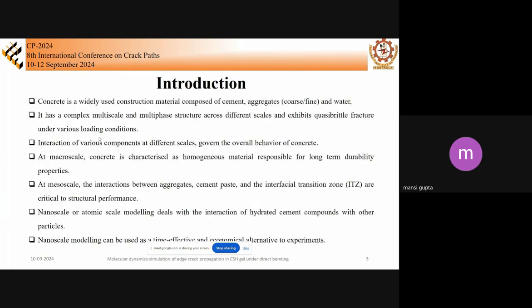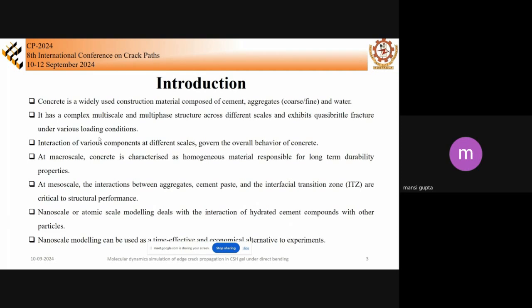Introduction to concrete. Concrete is a widely used construction material composed of cement, aggregates, and water. It has a complex multi-scale and multi-phase structure across different scales and exhibits quasi-brittle fracture under different loading conditions. Interaction of various components at different scales govern the overall behavior of concrete. The multi-scale analysis of concrete is done at